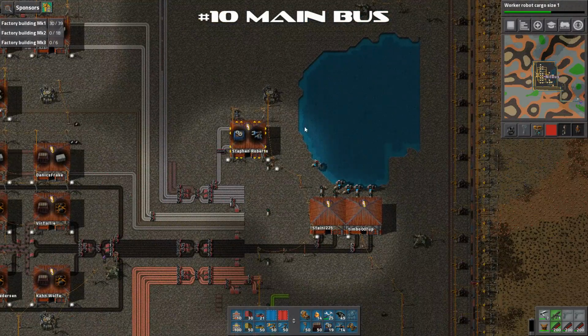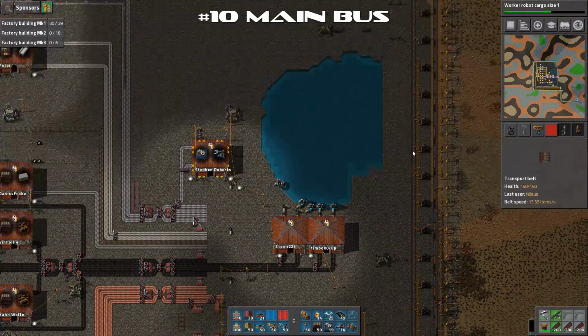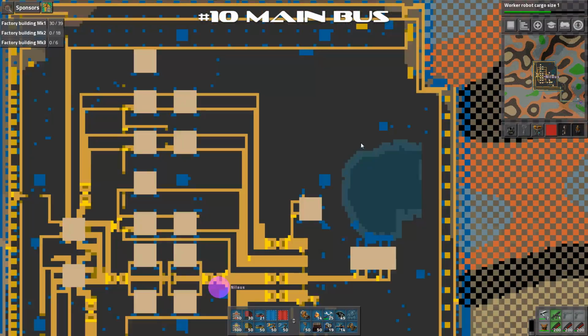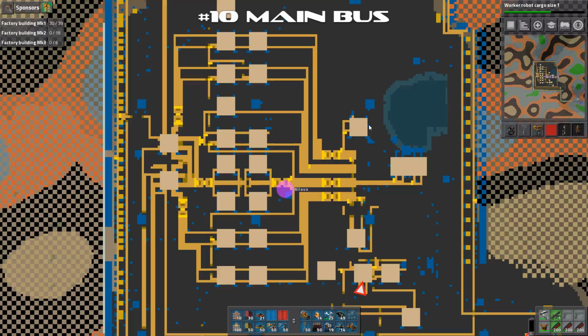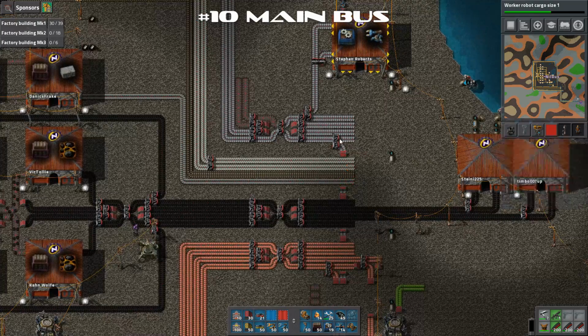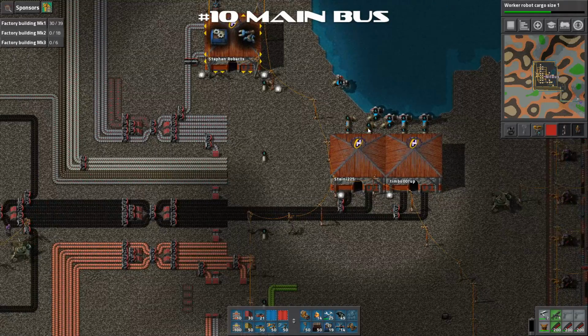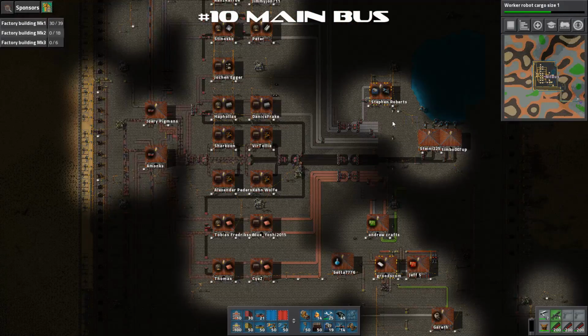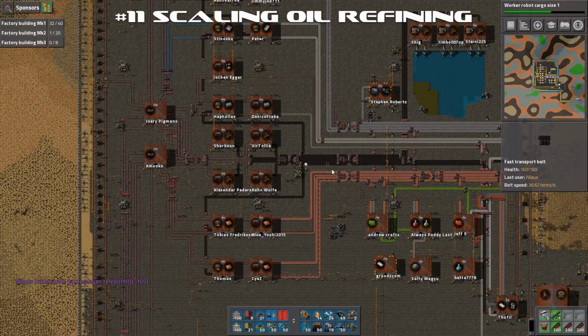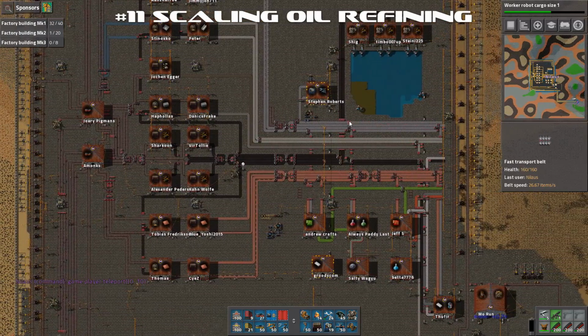This is the lake. It's been cut somewhat to make room to get all the way around, and that's basically now the base is starting to scale. Actually starting the main boss here, although it is getting in conflict with the lake. And now episode 11. At the end of this, the bus has been extended,